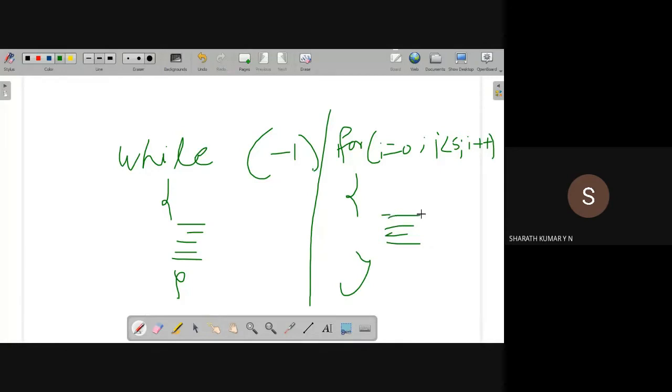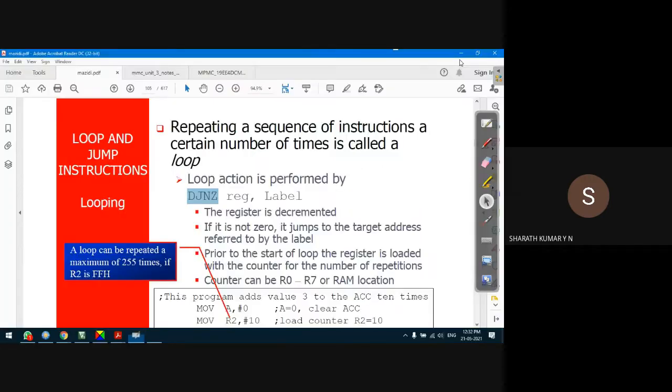In these two cases, while and for, which one do you think is an infinite loop? Can anybody answer? Out of these two, which one is an infinite loop? Are you able to hear me, guys?